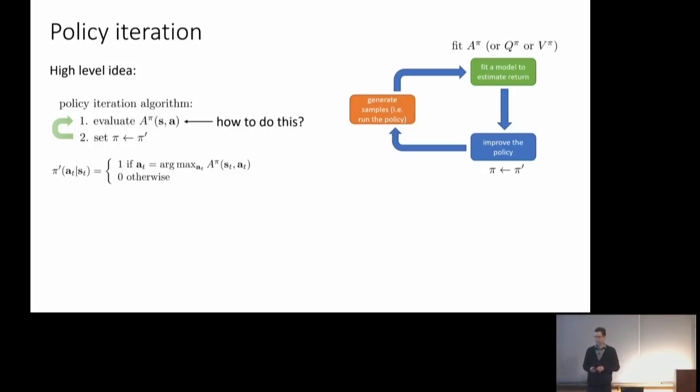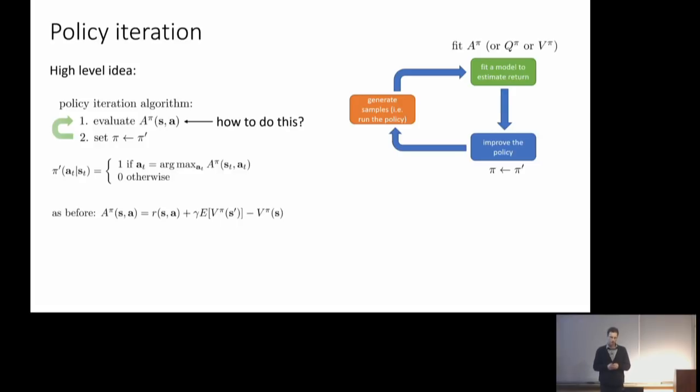So the second step is pretty straightforward. You just set your policy to this. The question usually is how do you do the first step? How do you do the evaluation? And by the way, we could do evaluation using just Monte Carlo, just like we did last week, but it turns out there are better ways to do it, and if we think through it, we'll actually arrive at some very nice algorithms that are quite practical to use in practice. So let's talk about step one. Let's talk about the evaluation.